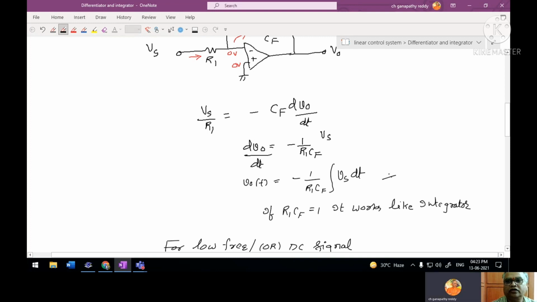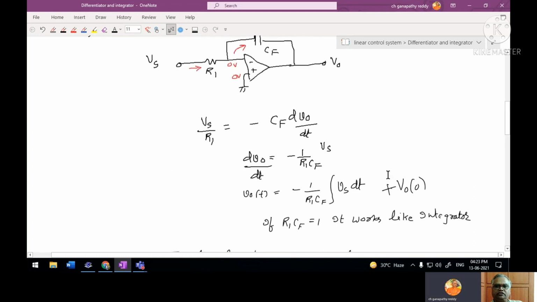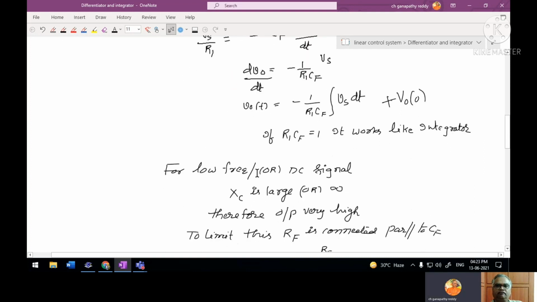Depends on the initial voltage V0 of 0. So in the absence of input, the output may be coming, that is V0 of 0. If nothing is coming, this will be 0. But practically what is happening is, for a low frequency signal or a pure DC signal,